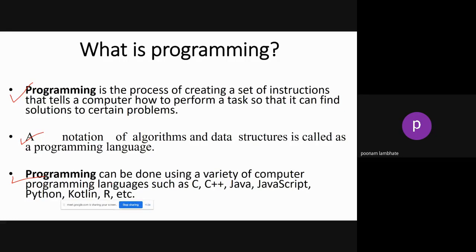Now, what I mean by that is, for a particular domain, you need a particular programming language. For example, if you want to learn Android development, it is usually done using Java or Kotlin. If you want to do machine learning, you usually use Python or R. So according to the requirement of the domain, you have to use a particular language to suit the requirements of your program. This is just the introduction.